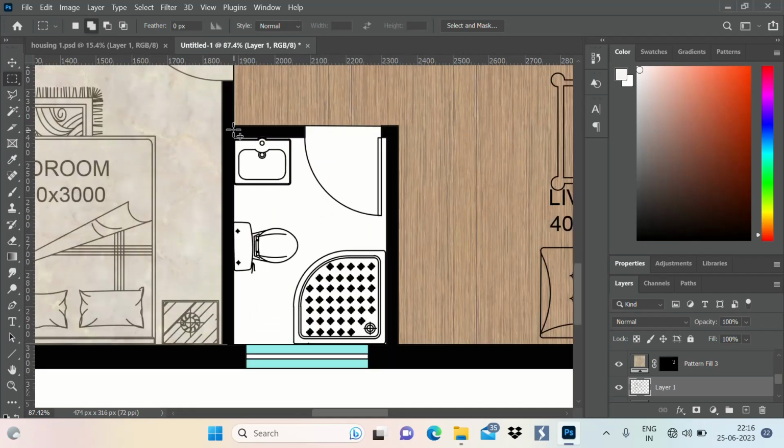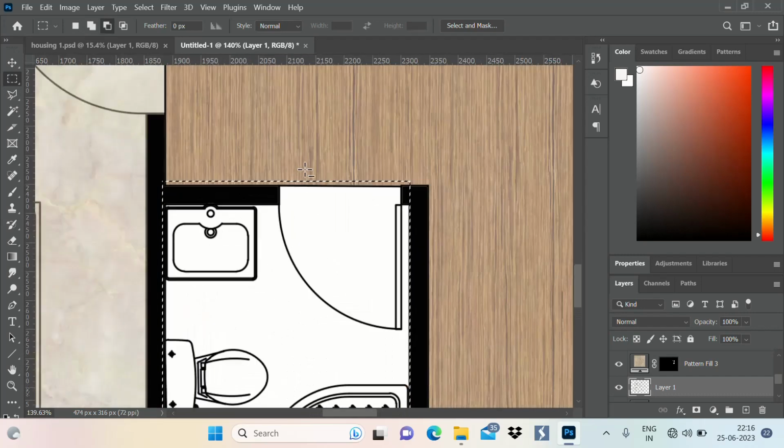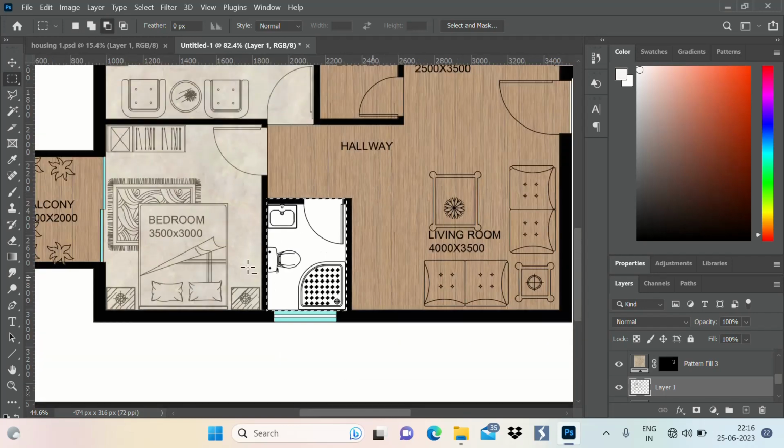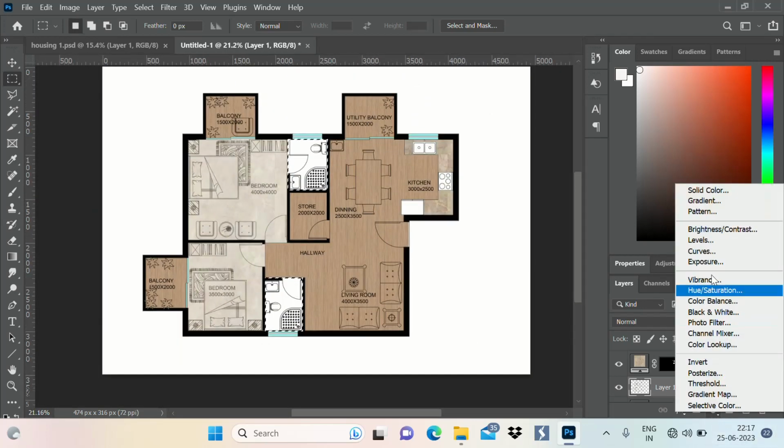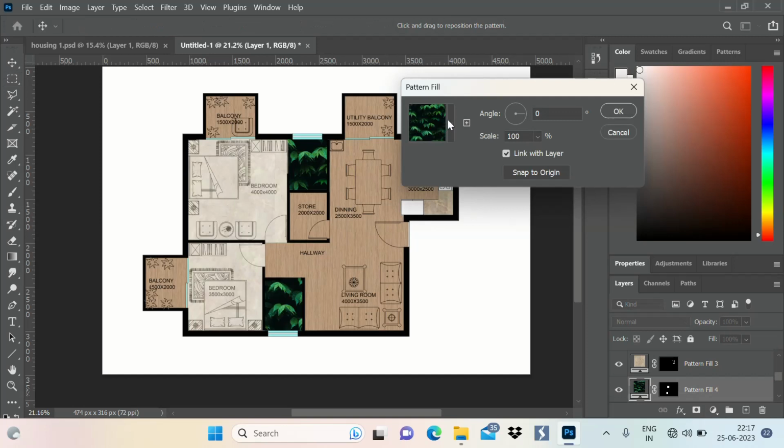Now press shift and again make a rectangle. For deselecting, press alt and make a rectangle in that area which you want to deselect. And so here is your washroom. Now go to the pattern library,